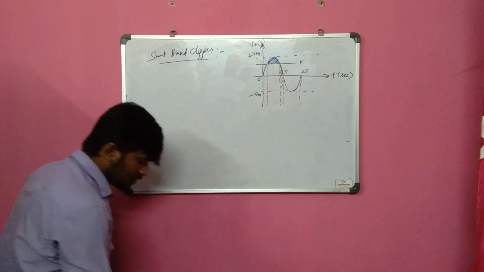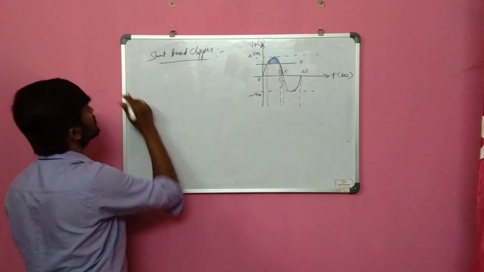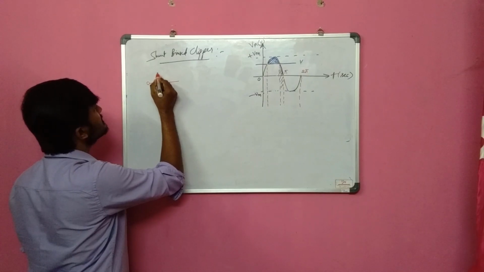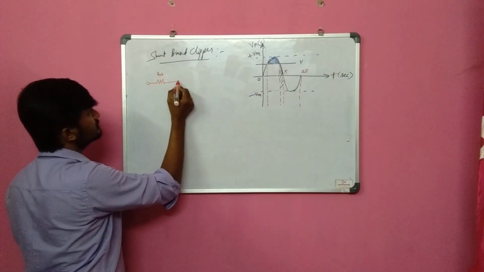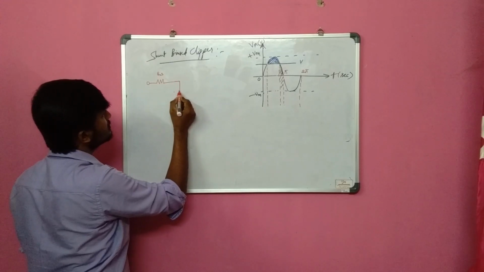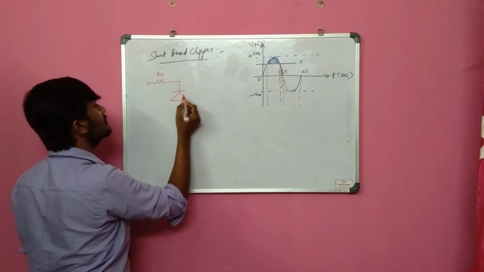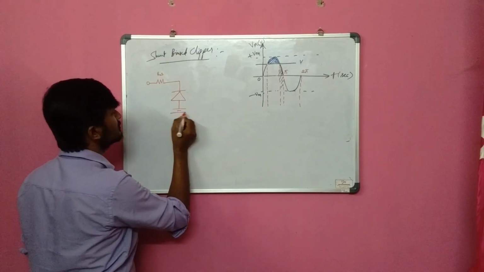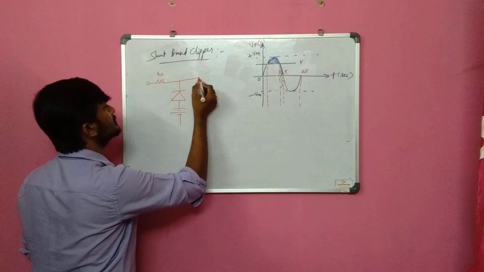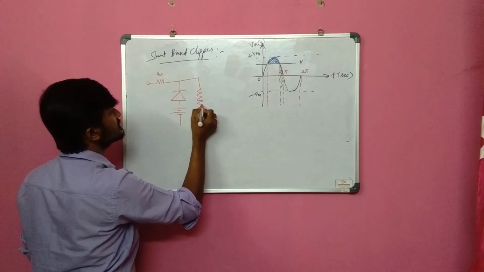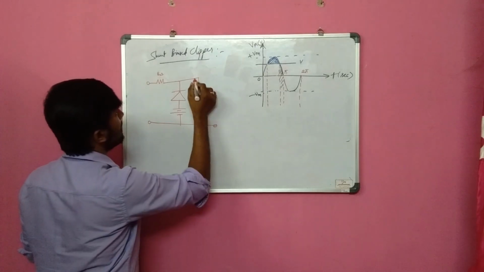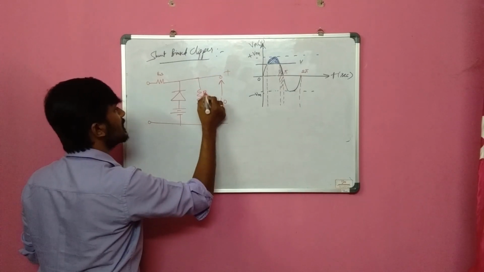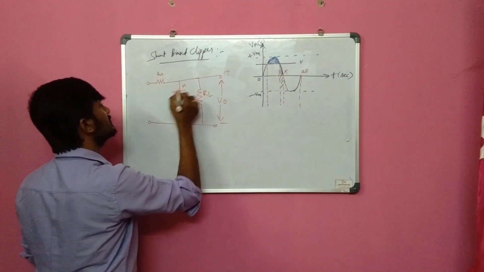So first of all, concentrate on the circuit diagram. So I am drawing the circuit diagram. For parallel clippers, there will be some source resistance. Okay, let me show the connection of diode like this. This is battery. This is the load resistance R. Positive and negative. Here I will be taking the output voltage V out. This is RL. This is P and N of diode D.